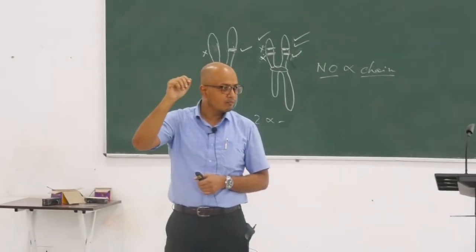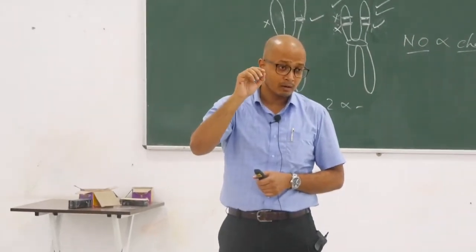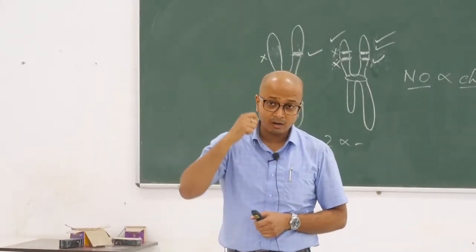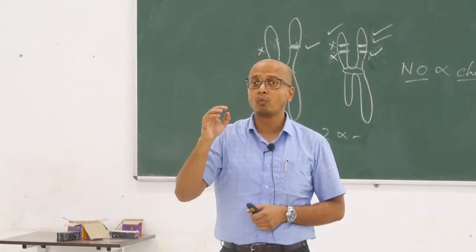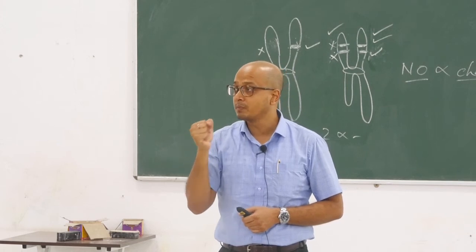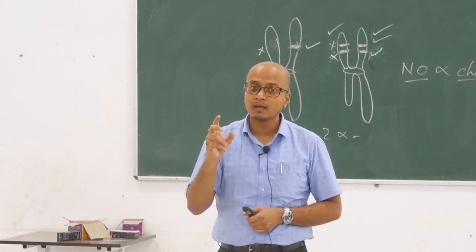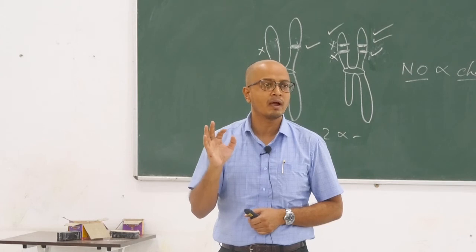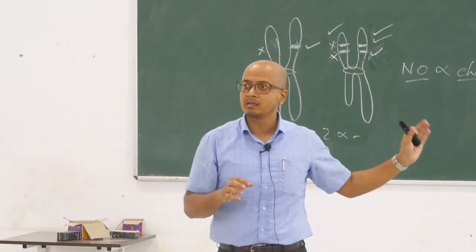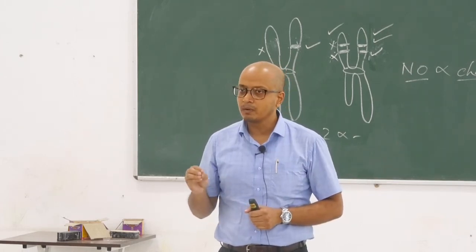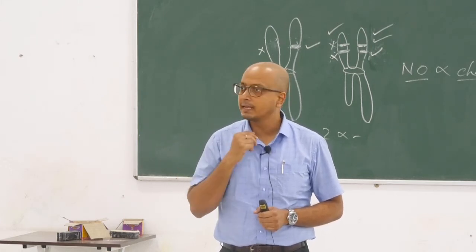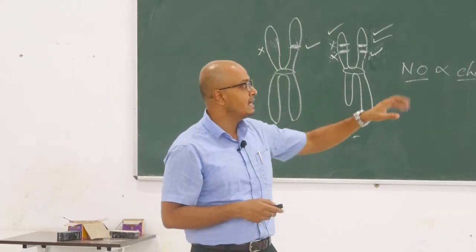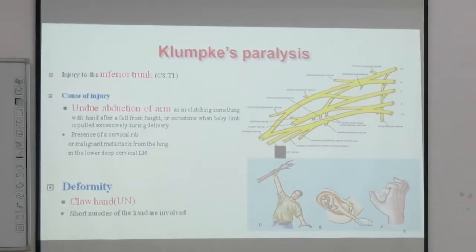That means the small finger actions we do, holding a pen, buttoning a shirt, grasping something, any sophisticated work we do with the fingers, is because of these muscles, which we call the intrinsic muscles of the hand. They are supplied by the ulnar nerve. That's why we call it the musician's nerve, because it needs delicate actions. So the C8 and T1 fibers predominantly head towards the ulnar nerve, and